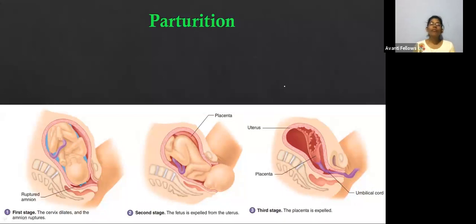Yes, very good. And if the baby is not crying, you might have seen that the doctors keep an oxygen mask for the baby so that the baby can get oxygen, right? If the baby is not getting oxygen, that directly affects the brain. Then what happens? The baby can be mentally ill, or the baby can be unhealthy. Once the baby comes out, the normal circulation and normal respiration take place.